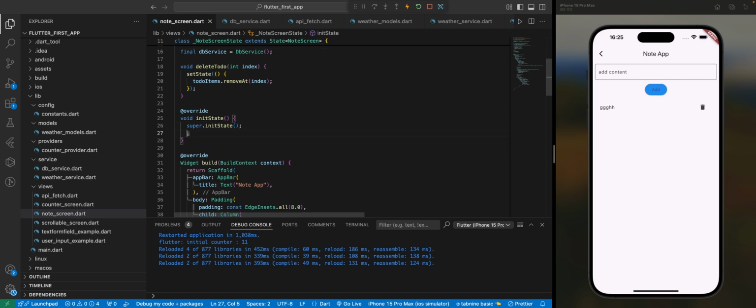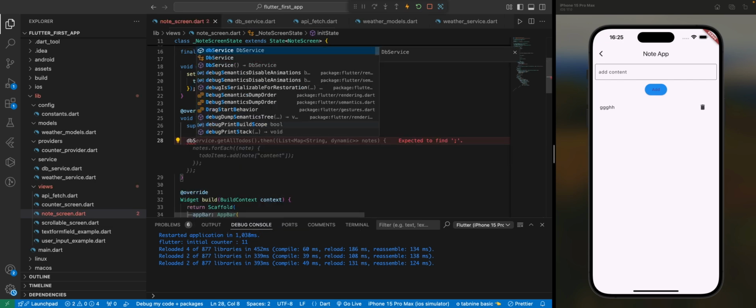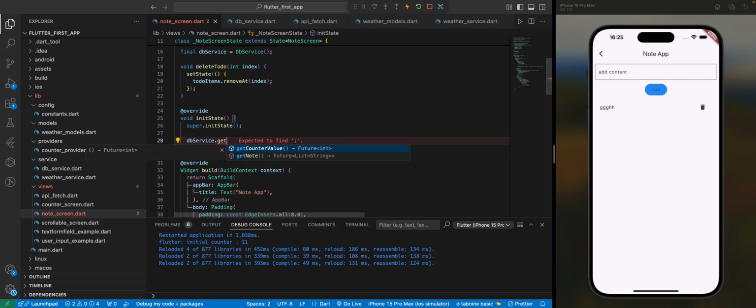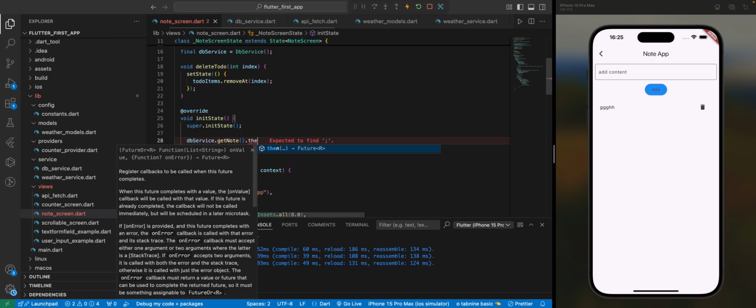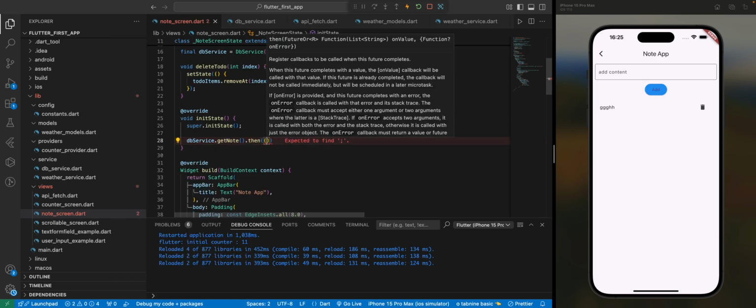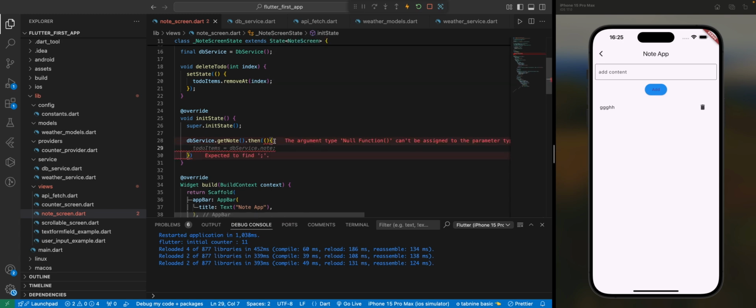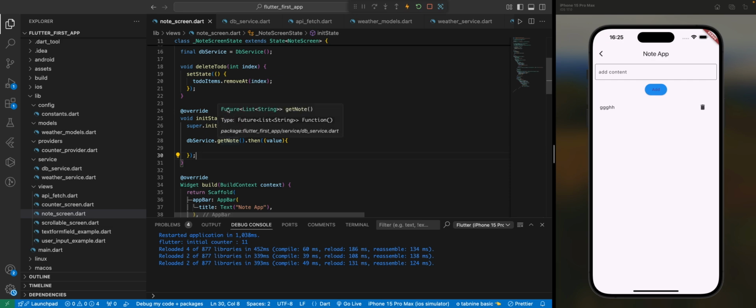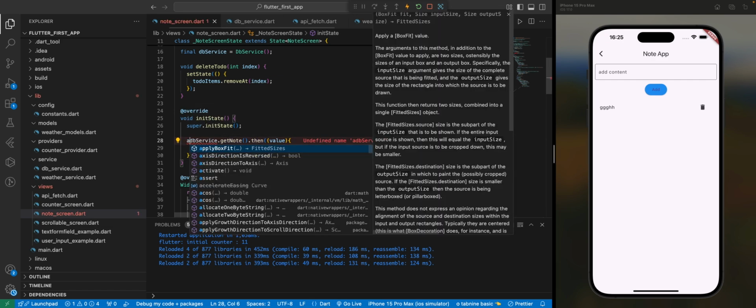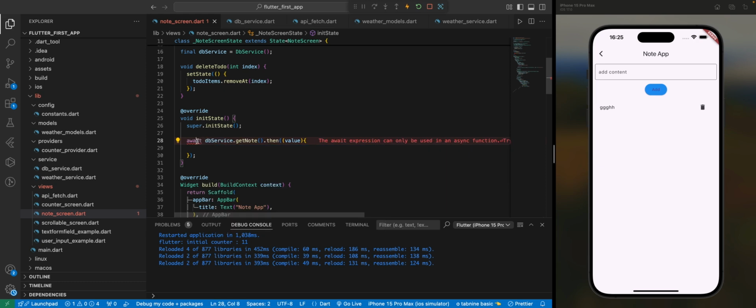And inside our init state, what I'm going to call is DB service dot get note, right? Dot then, right? I'm using then. You can use await or you use then. So it returns the value. I know I've not showed you guys this, but if you have been practicing, you understand that there's something like this for futures. When you have a future method, you can either use await, but since we cannot use async, right, inside